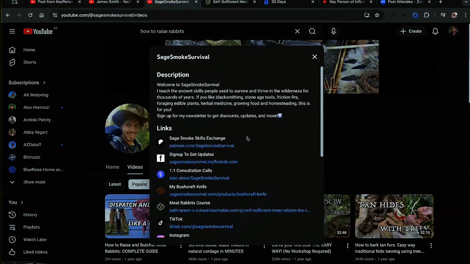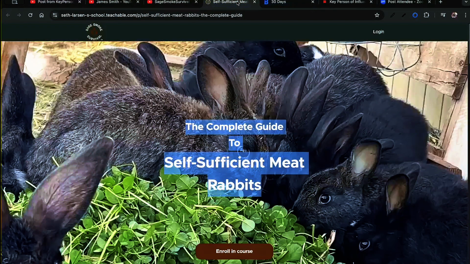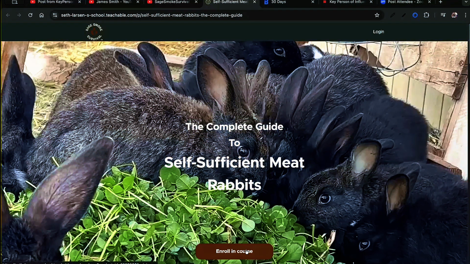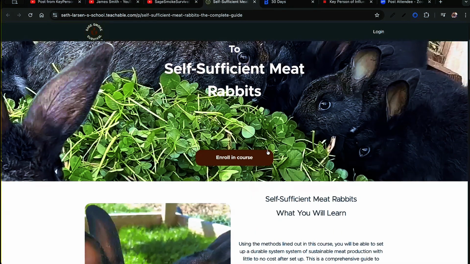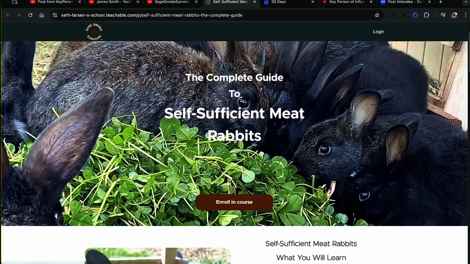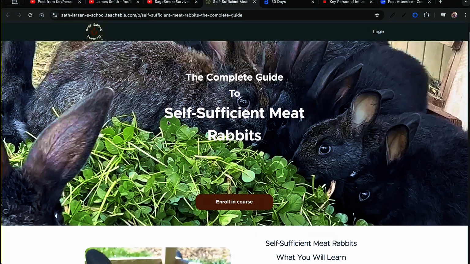Because if you click here, you already told them that this is a meat rabbits course. So they should know that these are talking about how to raise self-sufficient meat rabbits. Enrolling course, fair enough, the button is there, but obviously the most important real estate didn't give me enough incentive to press that button, and that's the worst color for a button. As you can see, there's literally no need for this hero image there.